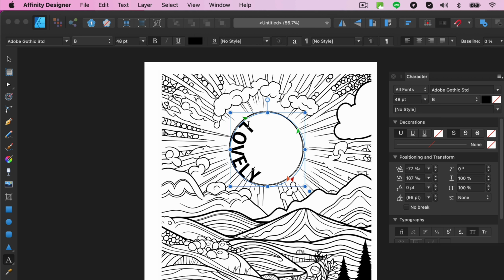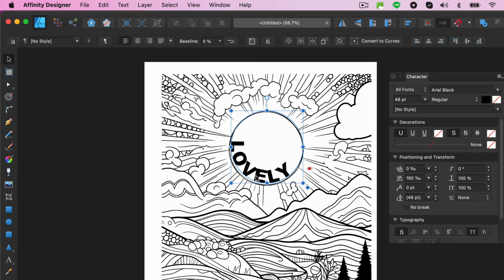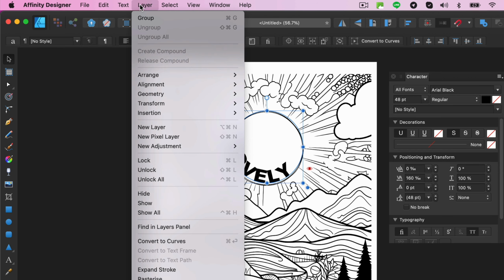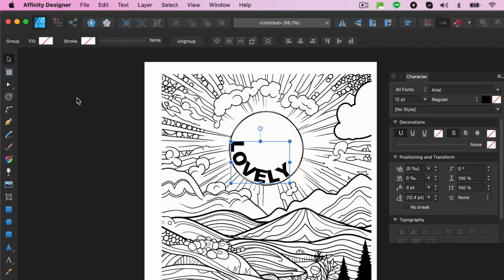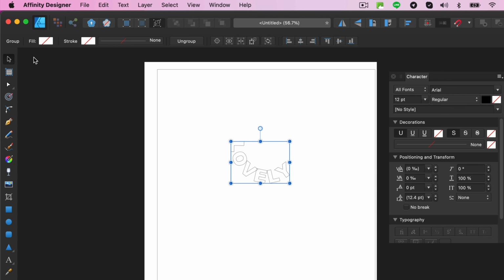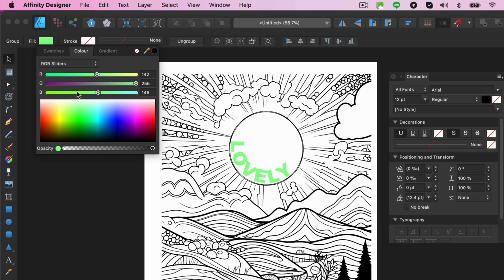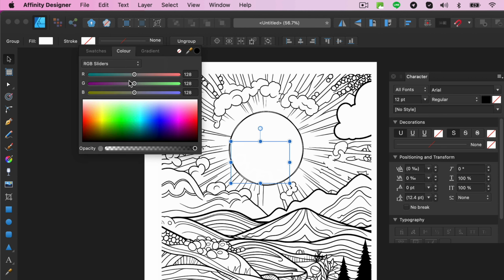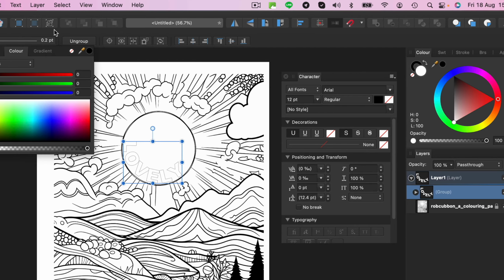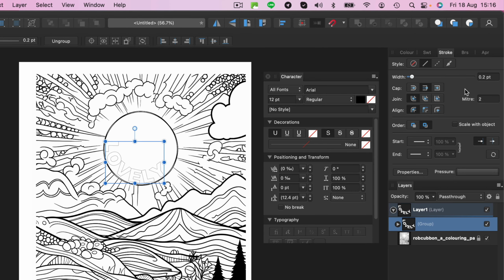Okay, that's good enough. To convert it to paths, and in Affinity Designer, unlike in Adobe Illustrator, it's not text, create outlines, but here it's layer, convert to curves. And now you can get a fill and a stroke. That is now curved. It's not text anymore. So we can fill it with white and make the stroke black. And of course, increase the stroke size